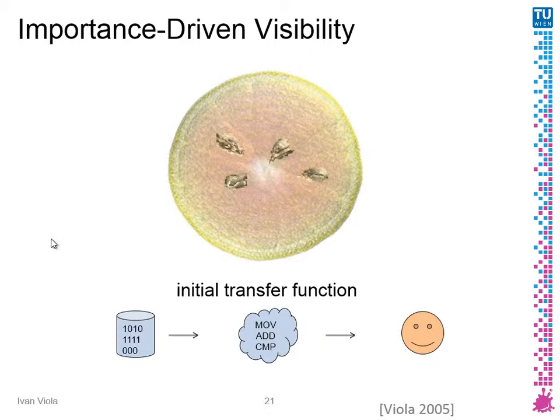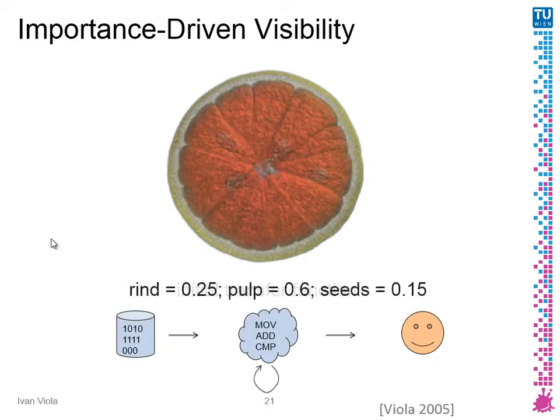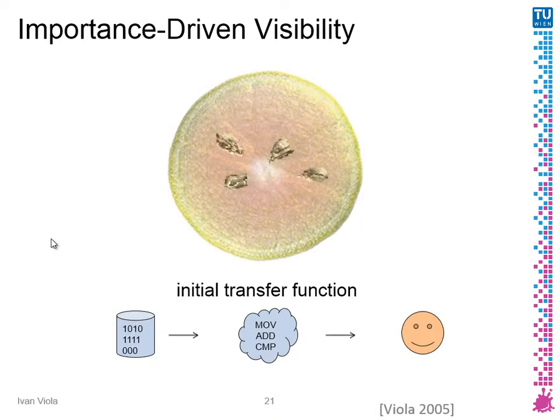Some time ago we did that, but without the model, just based on some visibility condition. So it was not perceptual. It was again, I would say, data-centric, but that was maybe an early bird on self-evaluating the visualization in a loop. The task was we have some initial transfer function, which is showing in dominance the seeds, and we are not so interested in the seeds, but in the pulp or in the skin